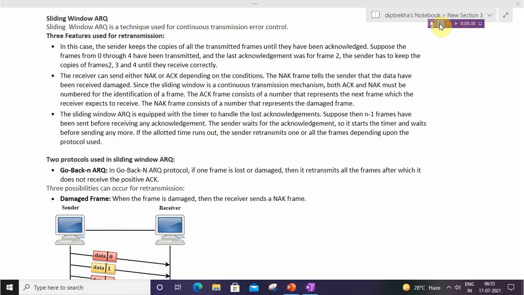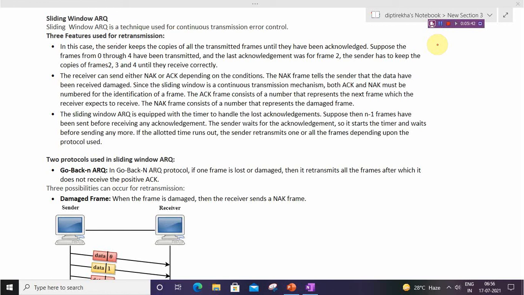The sliding window ARQ is equipped with a timer to handle lost acknowledgements. Suppose the n minus 1 frame has been sent before receiving acknowledgement. The sender waits for the acknowledgement, so it starts the timer and waits before sending any more frames. If the allotted time runs out, the sender retransmits one or all the frames depending upon the protocol used.